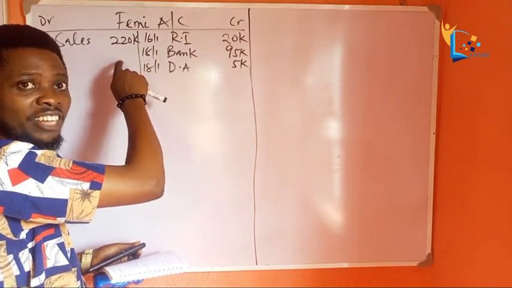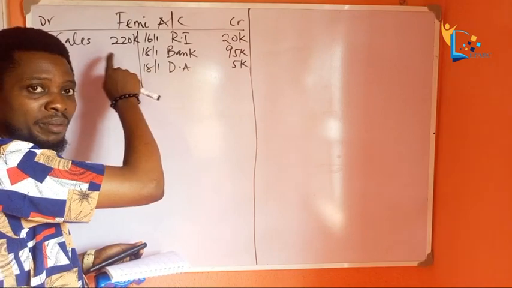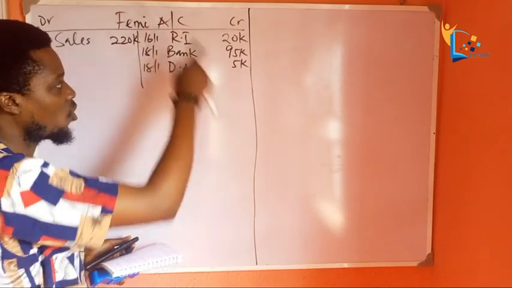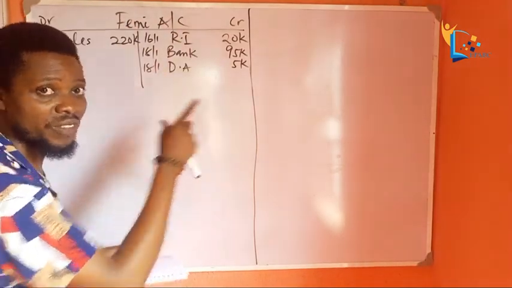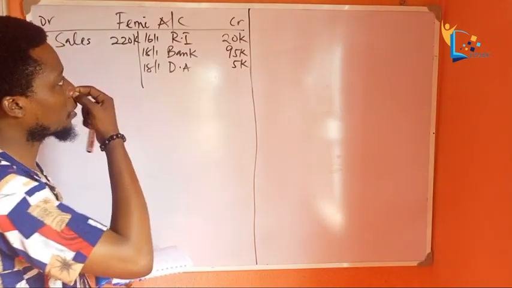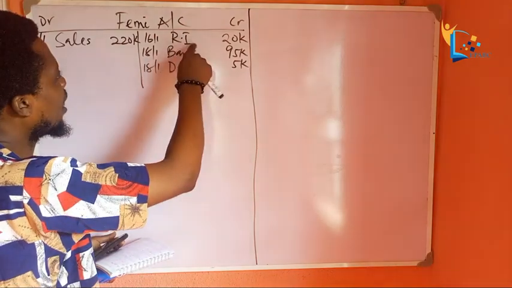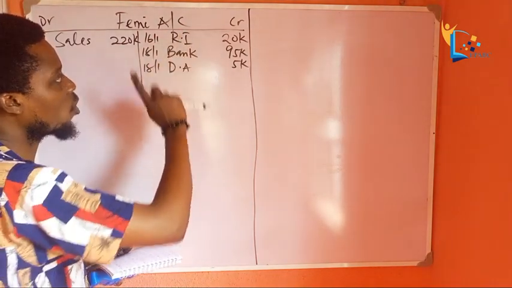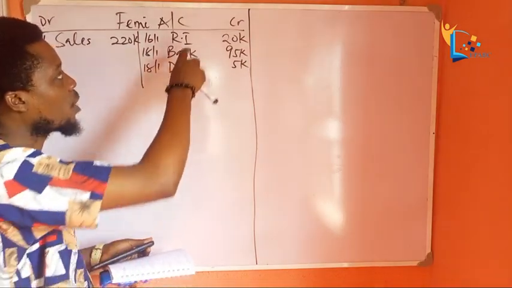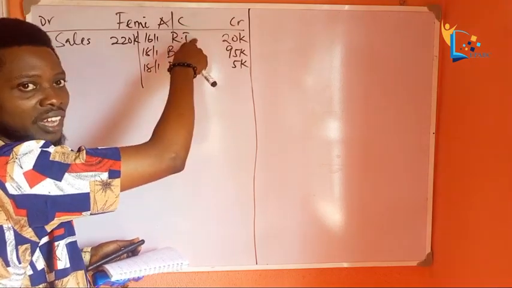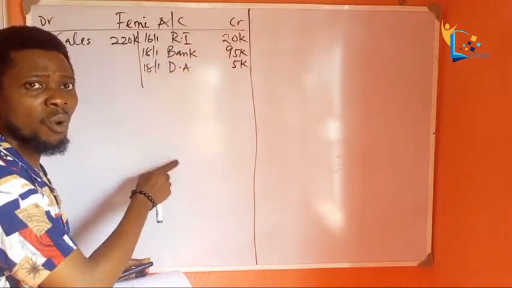The entries on the debit side of the cash book will now be the account heading on the credit side for that same transaction. I don't know if you get it. Let me take another one for instance. Return inwards now. The return comes to us. Okay? You see, return inwards is on the credit side of Femi's account. When we open return inwards ledger,